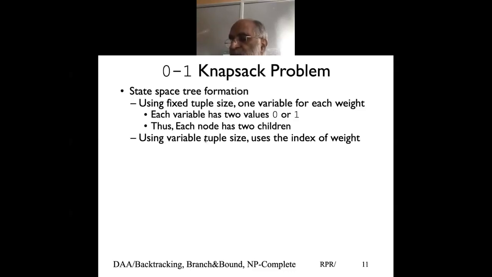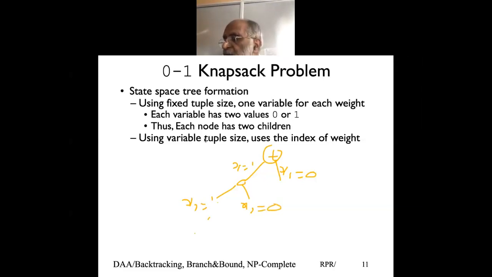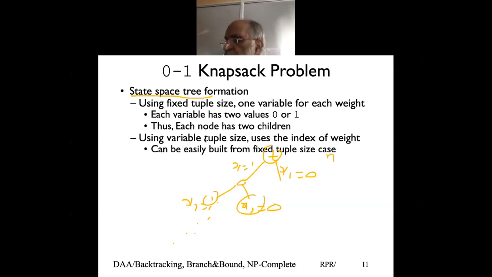Now we know that when you build a tree, we start from the first item, and my choice is either I pick the item or I don't pick the item. Then at the second level, X2, either I pick the item or I don't. There are only two choices, and we keep going. So if there are n items in the knapsack, I'll be going n levels deep. At each level, I make a decision, either pick the item or don't, and that is how my state space tree works for knapsack, because at each place I have a choice, include or exclude.